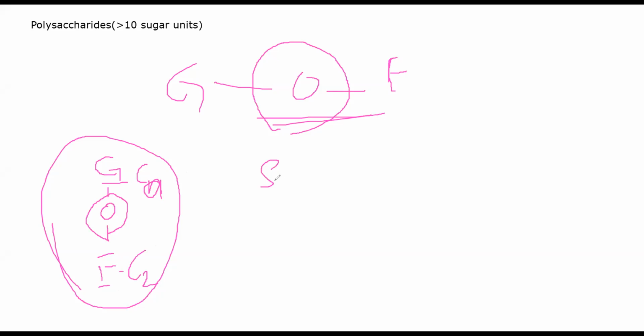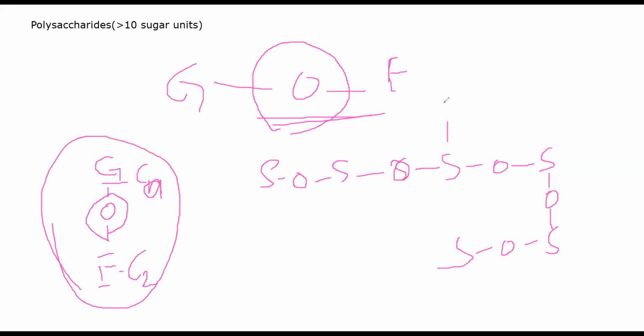Right. So you have 10 sugar units like this. I'll just represent sugar as this. Okay, so you have another O-glycosidic linkage, 1, 2, 3, 4, 5. This is a very linear structure that I'm drawing. It can be branched as well. So in between you can have a branching like this, anywhere possible.